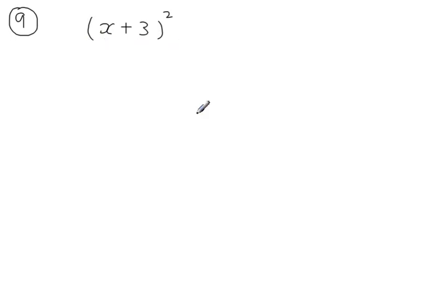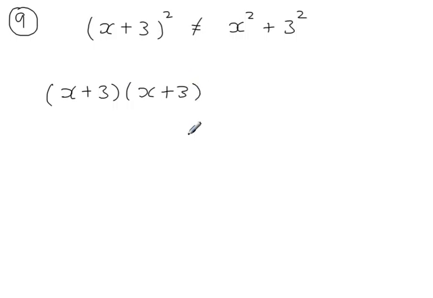Multiplying the brackets out, x plus 3 squared. A common mistake is to think that's equal to x squared plus 3 squared, so you put the square on the x, you put the square on the 3, so you've got this. That's wrong. X plus 3 squared means you take the x plus 3 and you multiply it by x plus 3, so you're multiplying it by itself, and that will give you a number of terms including x squared,